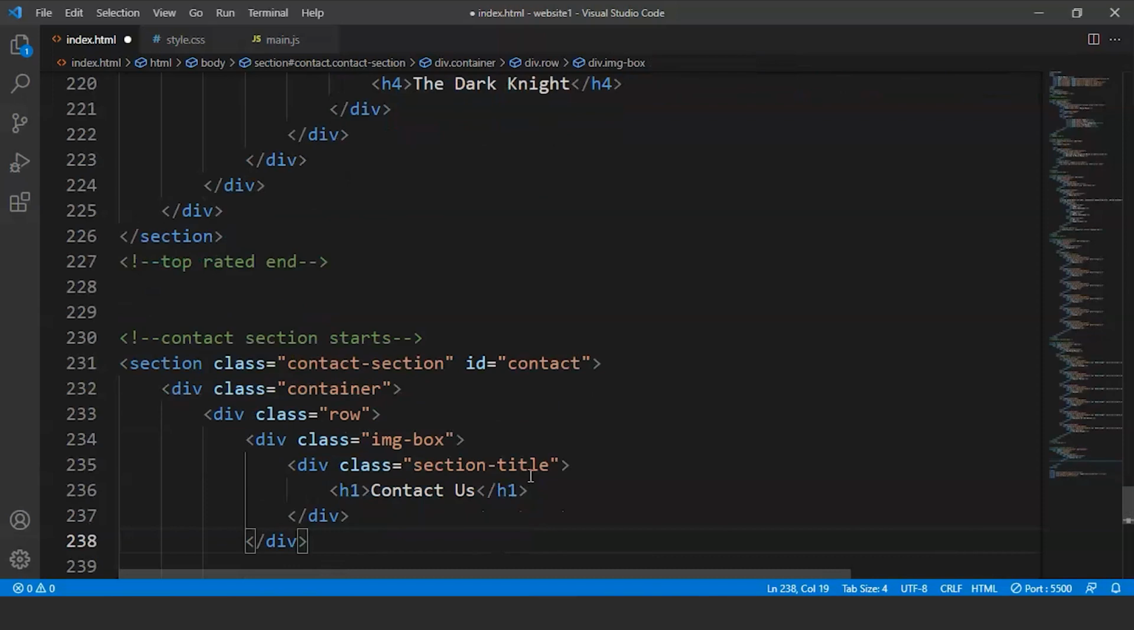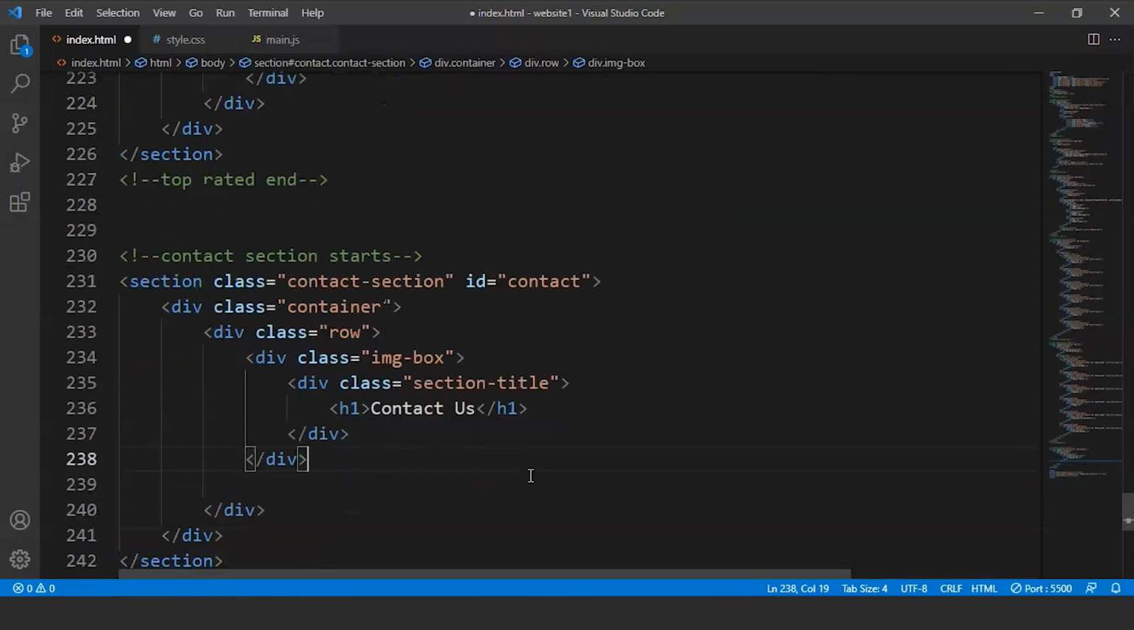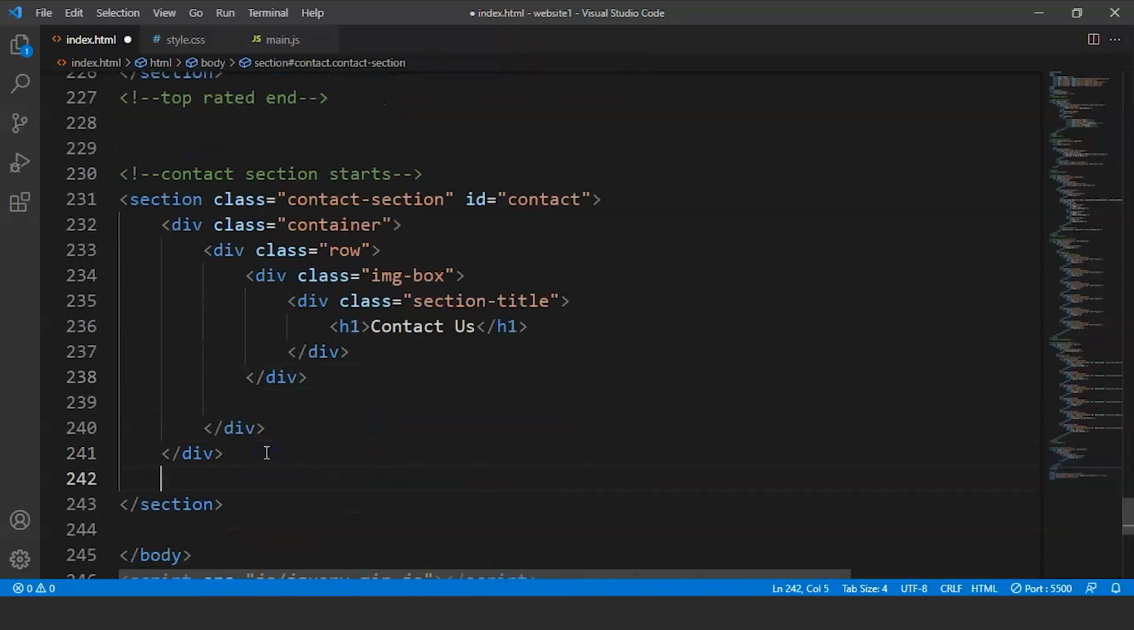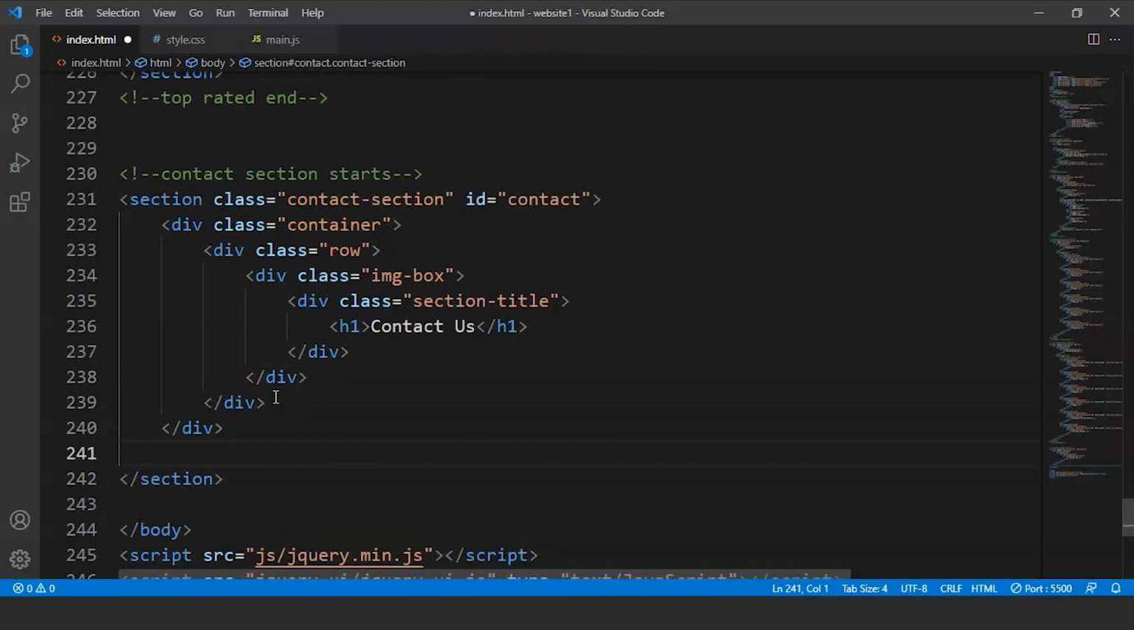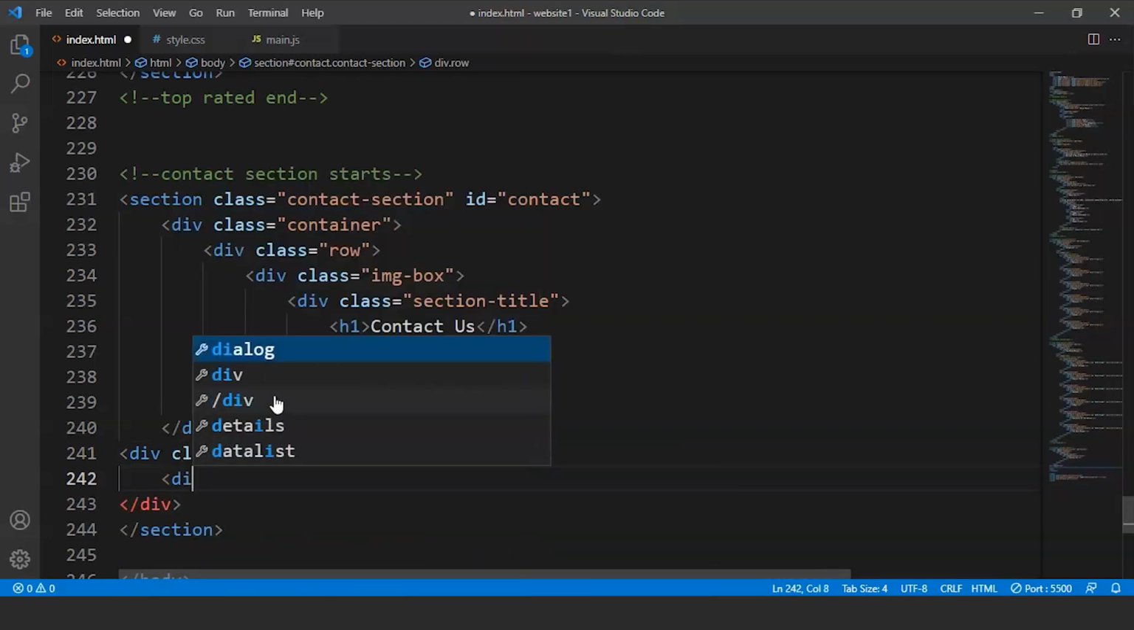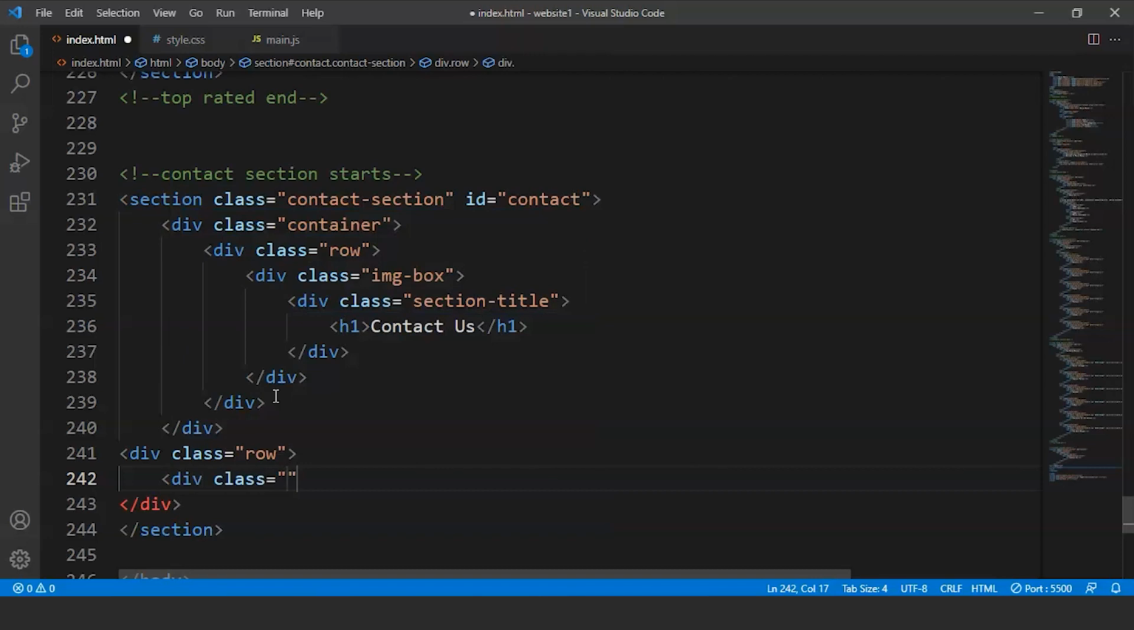Now what we have to do is we have to add a form over here. So what we'll do is we'll write it after this div tag. So we are done with the heading part basically. Now after this we are going to write here div class is going to be row for the form. We'll write here div class as contact form. Now inside this div tag we have to create a form, so we'll use the form tag for it. We'll write here form class is going to be form,